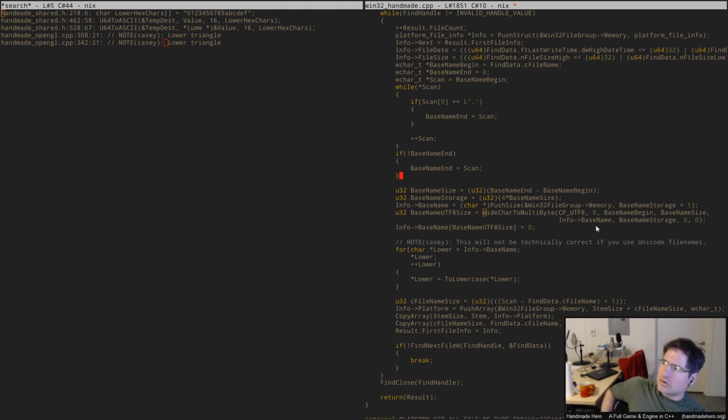However, what I don't know is to what extent lowercasing needs to be Unicode aware. So if you actually wanted to produce the lowercase version of a Unicode string, that would have to include lowercasing for characters above the base